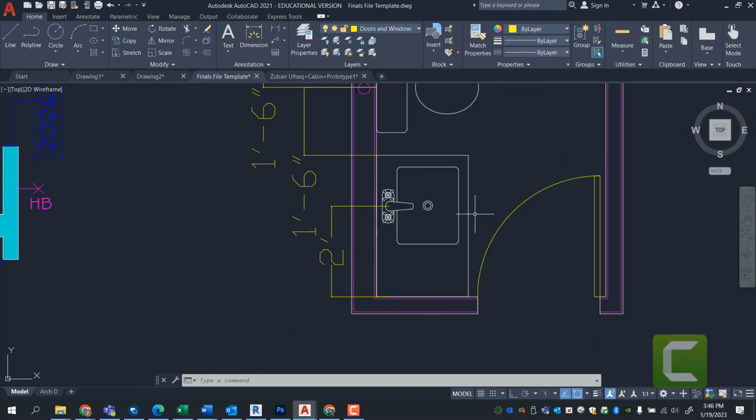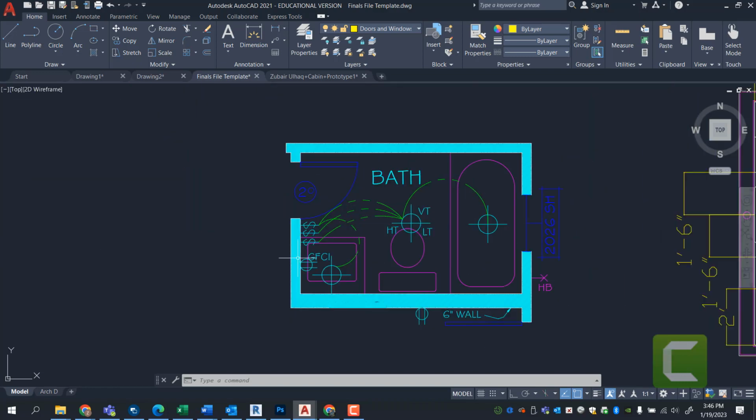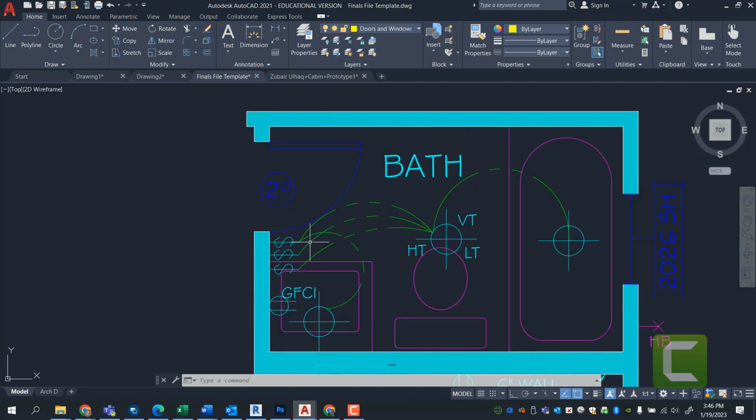Now, when it comes to the electrical of this particular bathroom, we're going to go ahead and look at this plan. This plan calls for 3 switches, and this is a 2 foot by 8 foot door. It should be a 2 foot 8 door. It's just too small to go in with a 2 foot door. So you would have a 2 foot 8 door at minimum to allow the toilet to come in,